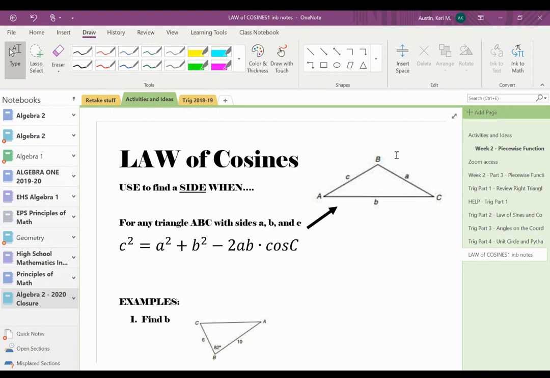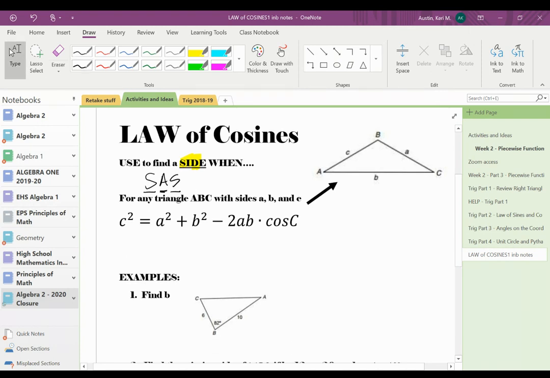So we use law of cosines to find a side when we have SAS. I think you might remember that from geometry, when we have two sides and the angle in between. Now, there's a lot of letters here, and so I just want to make sure everybody remembers little letters in geometry